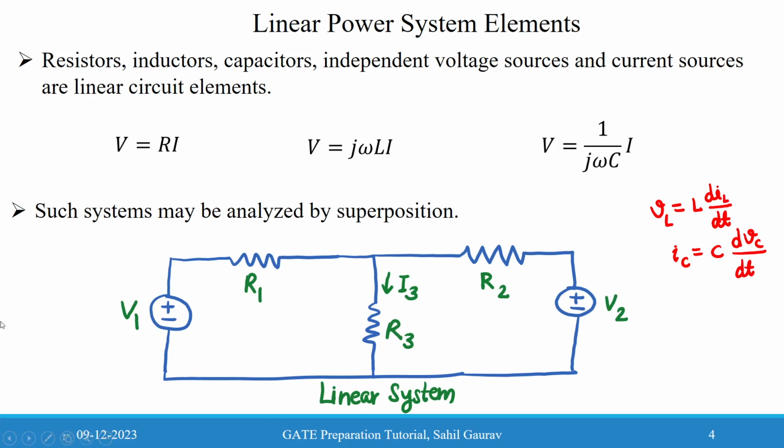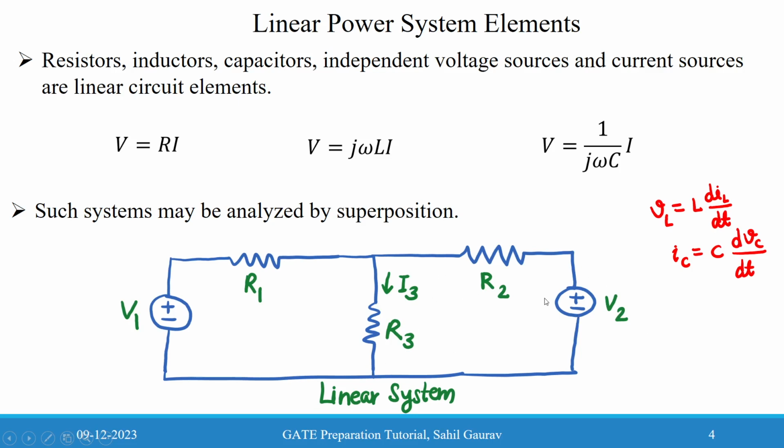So here, this is a well-known example of a linear system. I think you are able to find the current in R3 by applying the superposition principle, where first we assume the first voltage source V1 and short-circuit the other voltage source. From there we get the current through R3. In the next step, we assume V1 as a short circuit and V2 as the power source,